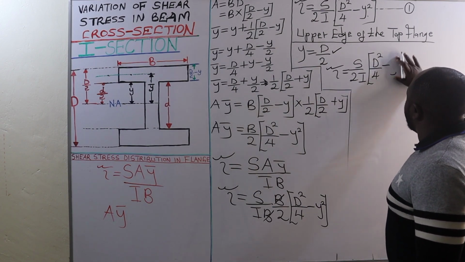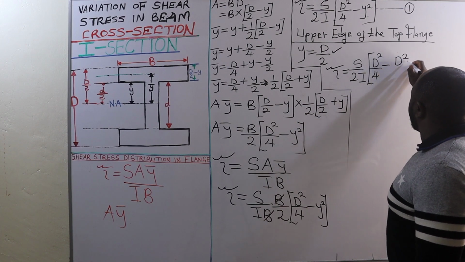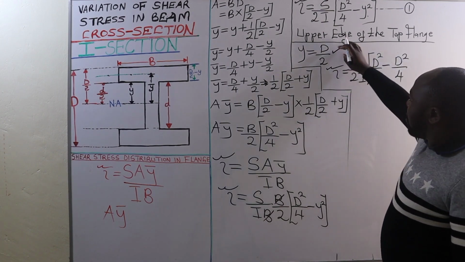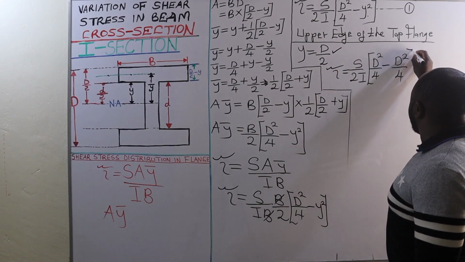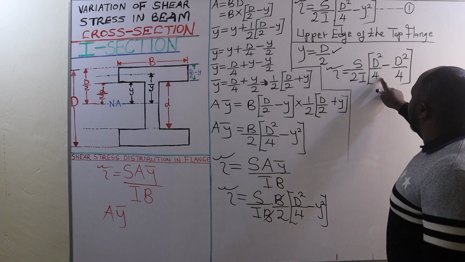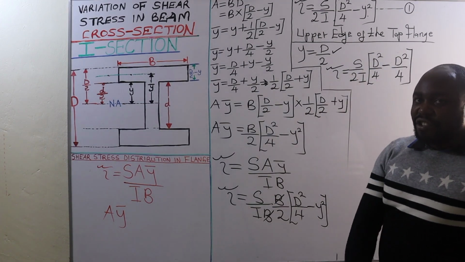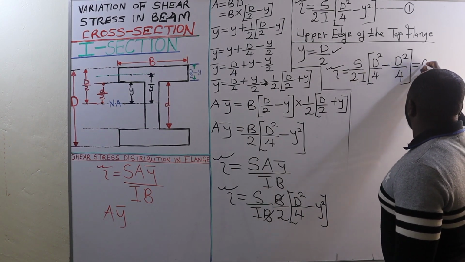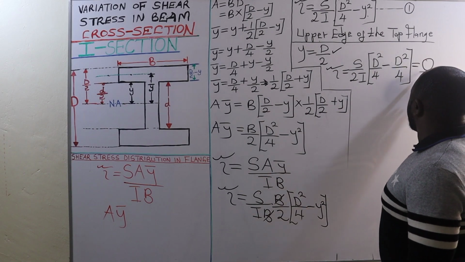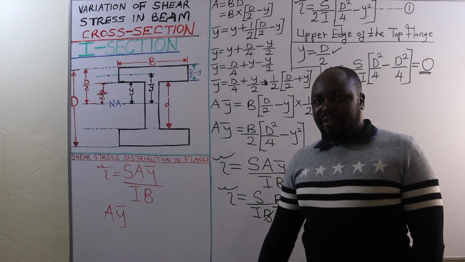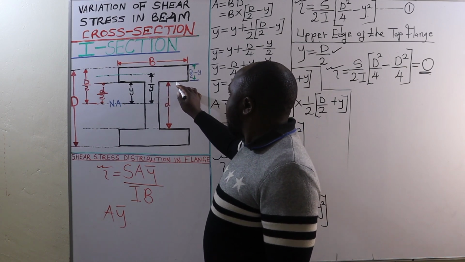Therefore, substituting D over 2 here, we are going to have D squared divided by 4, because D over 2 squared is D squared divided by 4. Now D squared divided by 4 minus D squared divided by 4 is 0, making the whole of that equation 0. Therefore, the shear stress at the upper edge of the top flange is going to be 0. What about the shear stress at the lower edge